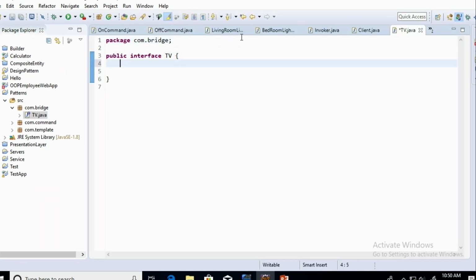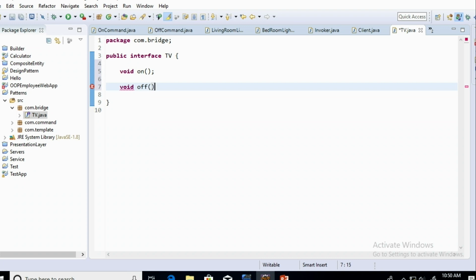In the TV interface, you have operations like on and off.